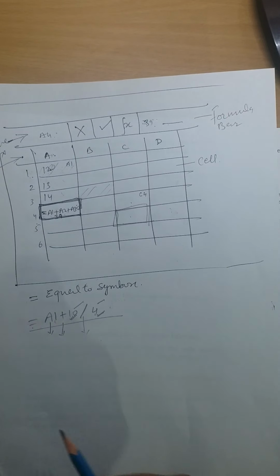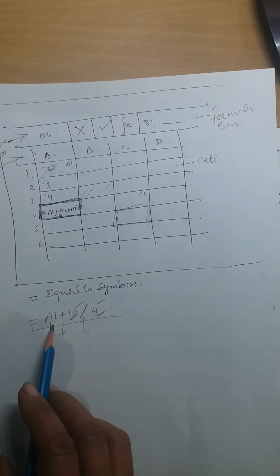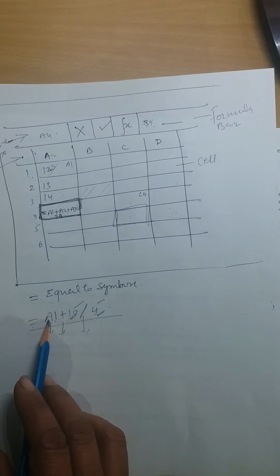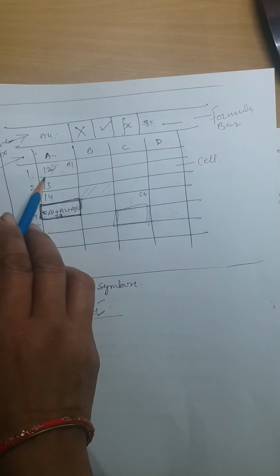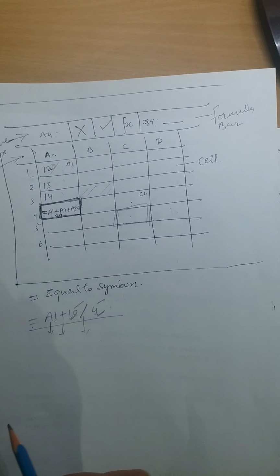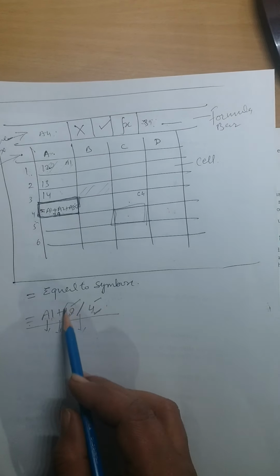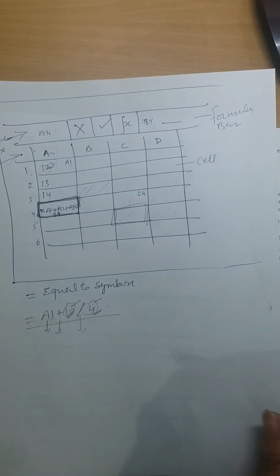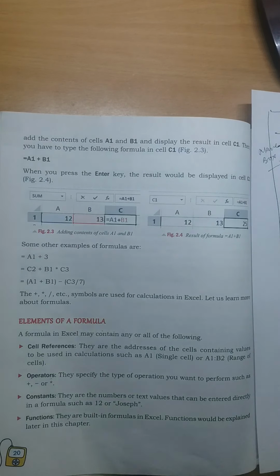The numbers which you directly use in your formula are considered constants. Whereas in the case of a cell reference, the value can be changed. As you change the value of the cell, the value automatically gets changed. The cell reference will remain the same, but the value of the cell can be changed. But the numbers you use in your formula are considered constants.